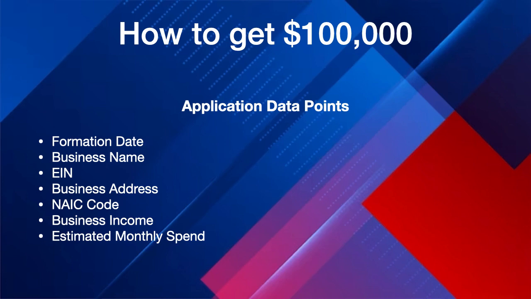You can also just use your own name, your first two initials and last name, and add on some type of suffix to it, like enterprise, solution, or group. Or if you have a business name, you can use that. You want to have your EIN number, which is equivalent to your social security number. The business address, which is different and separate from your personal address. You're going to have your NAIC code, which tells the lender exactly what your business does and what industry you're in, whether you're high risk or low risk.